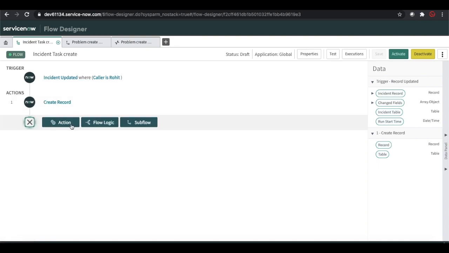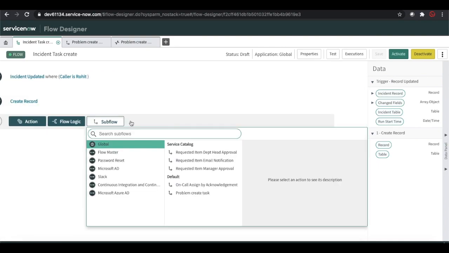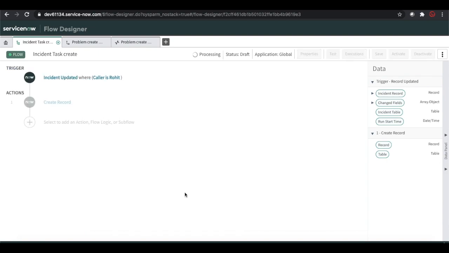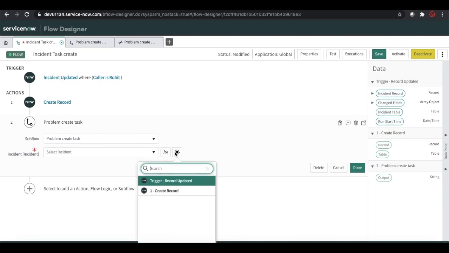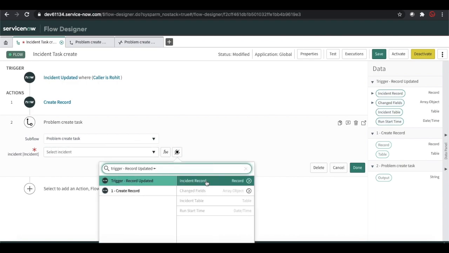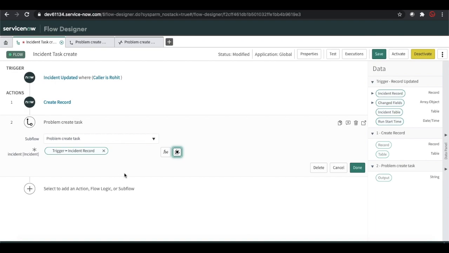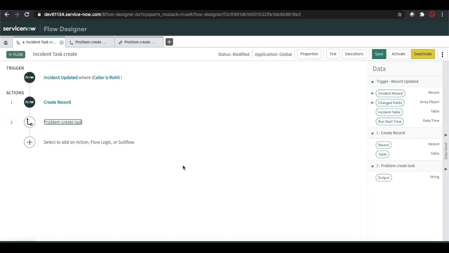Along with that we'll put a subflow, and this subflow will be problem created task. We'll call this problem related task before that. And here the incident number we'll pass is the trigger incident, which is the record. Okay, that's it and done.